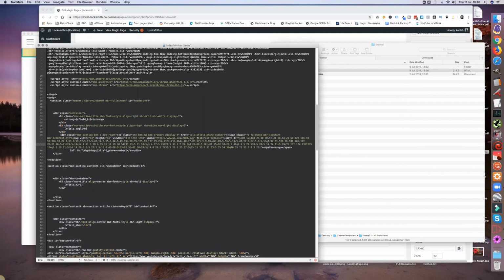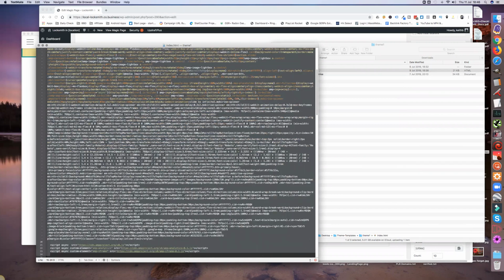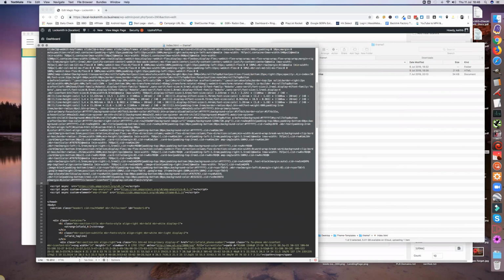That's basically everything from that style there, all the way down to the end of that script there. So just before the end of the head code, you want to be down there. Now this one is the one with